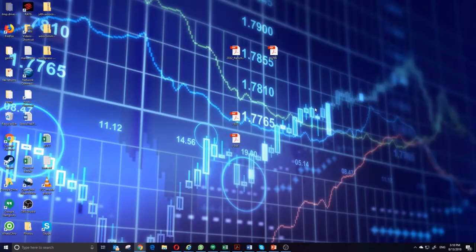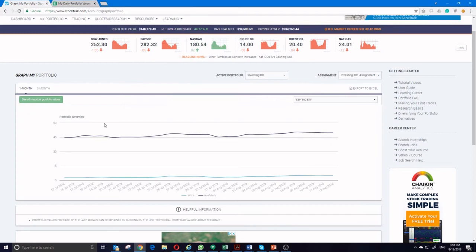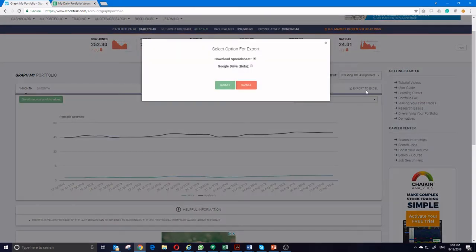Now, if you want to be able to export this data directly from Excel or any other spreadsheet program, on many of the reports you'll find throughout the site, we have an Export to Excel button built in. And this will help you both ways. You can download it as a spreadsheet, which is going to be great for Excel, or you can export to